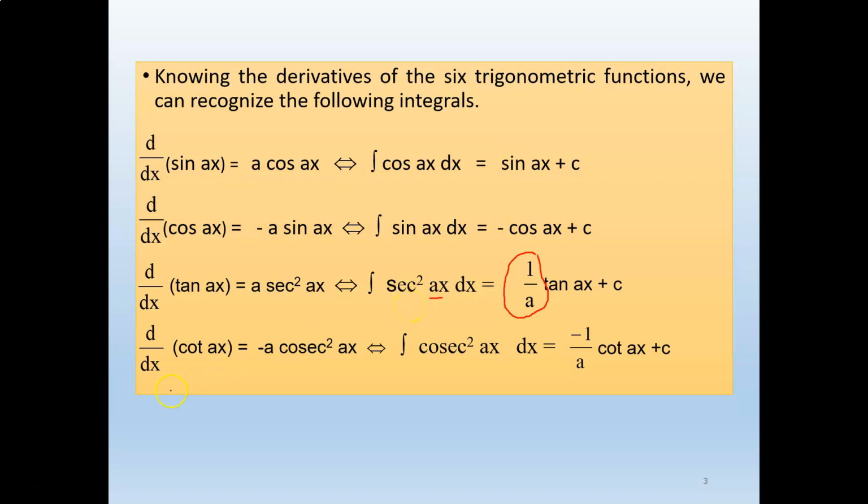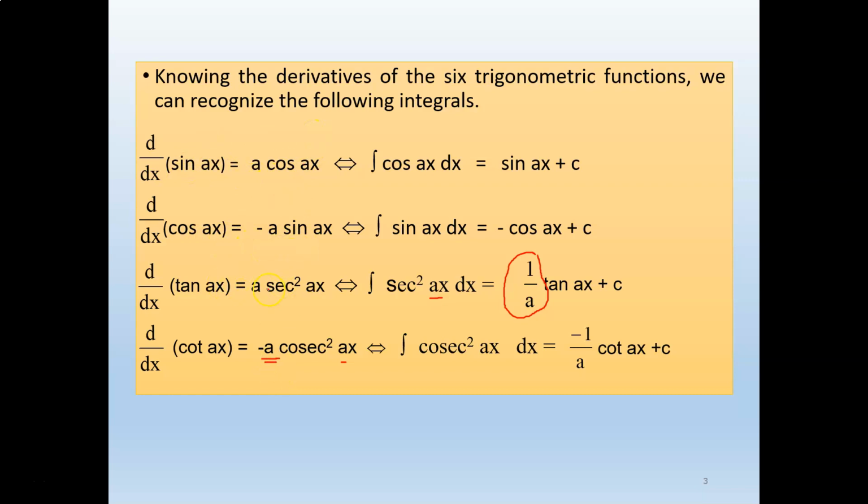Okay. Next, you have the differentiation of cot ax equal to negative a cosec square ax. If you are dealing with differentiation, then you're going to multiply it with the constant over here. Since you have constant a over here, you multiply with a. But for cot, you're going to have negative. So all these things,